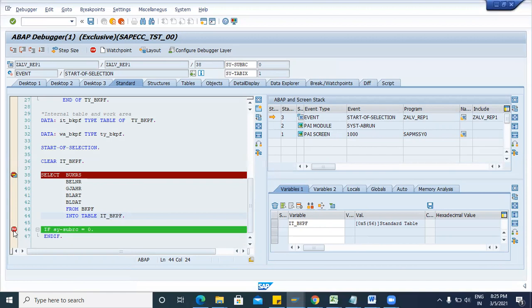Just put a breakpoint at this line number 46 also. Then press F5. F5 is to debug the code line by line. Now your cursor is here and you can see the data in this internal table, 5394.